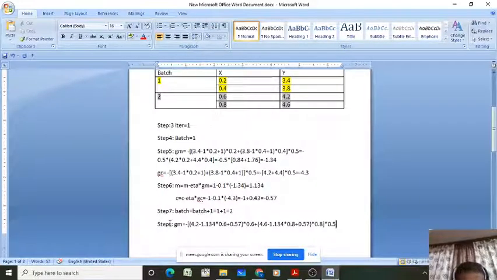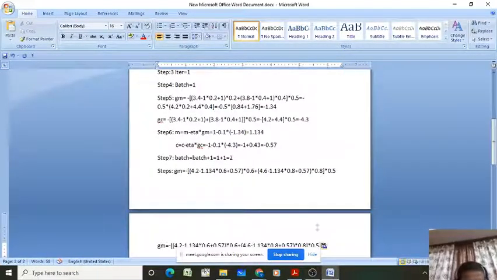So like that you have to calculate the gradient of the loss function with respect to the model parameter M. Similarly, we have to calculate the gradient of the loss function with respect to the model parameter C.